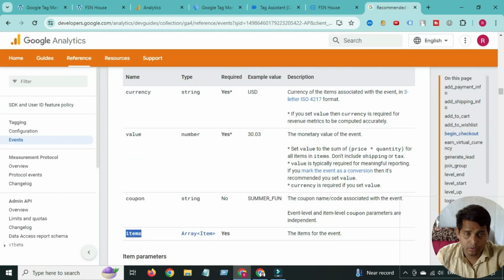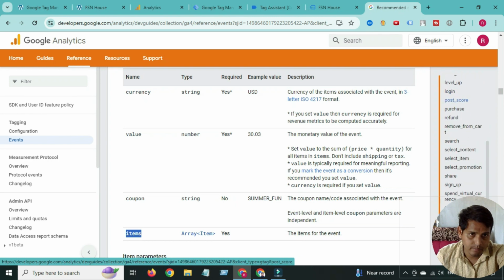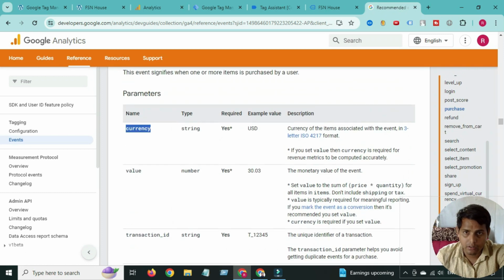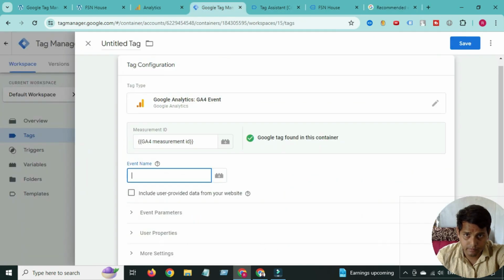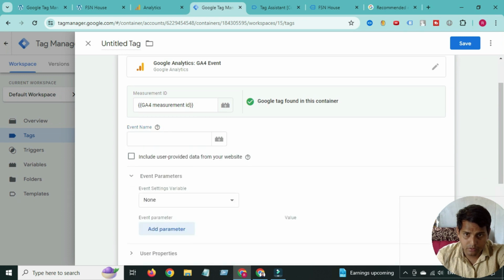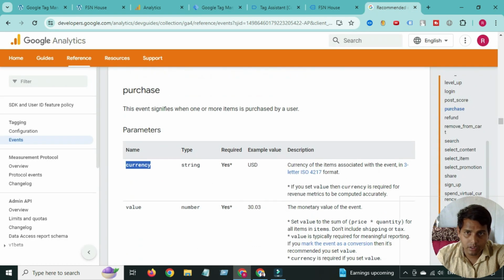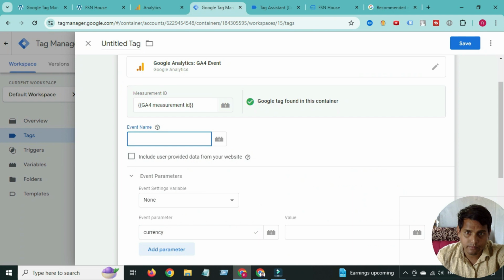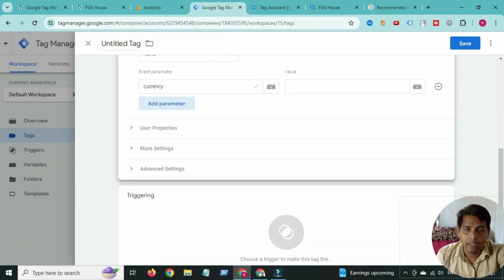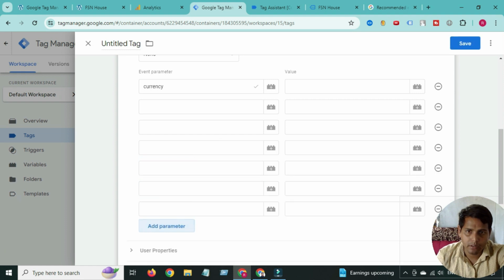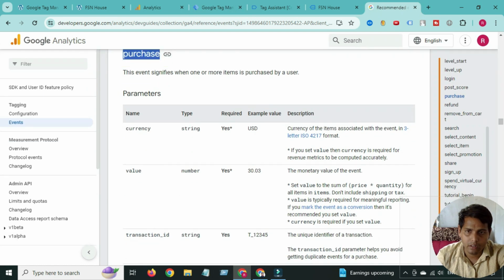So first of all, go to the recommended events in Google Analytics. This is a document of Google Analytics, and now find out the purchase here. This is the purchase, and you can see these are the parameters that you have to send. So copy one by one, currency. Give the event name also. Event name is purchase. Now add the parameters one by one. So I will copy and paste the parameter one by one from here. Then the value,